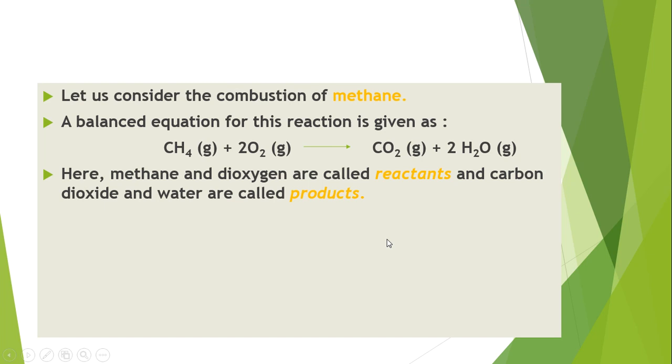This is a simple thing we learn in the beginning itself for a chemical reaction. So reactants and the products are there. Reactants are written on the left hand side of the reaction and the products are written on the right hand side. And we know that LHS should be equivalent to RHS. Then only it is a balanced equation. Right now in this reaction, carbon is 1, hydrogen 4 are there, and here also 4 hydrogens are there on the right side, oxygen 4 are there, here also 4 oxygen. So it's a balanced equation for the reaction.